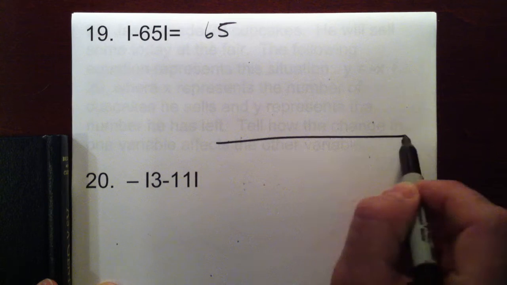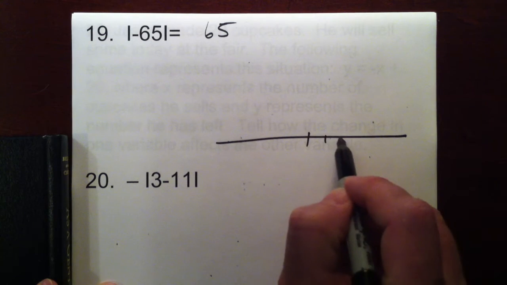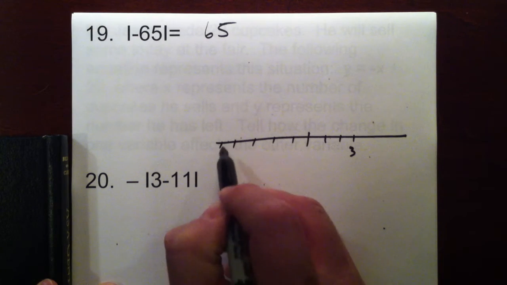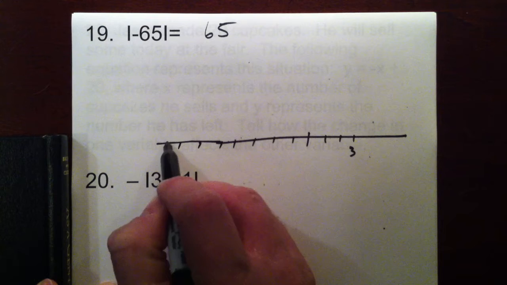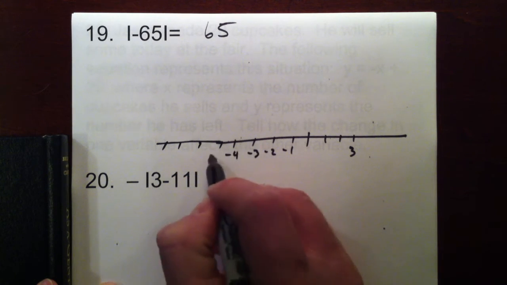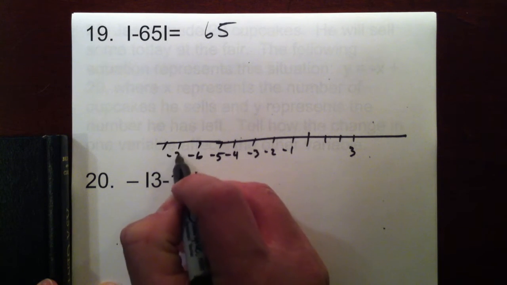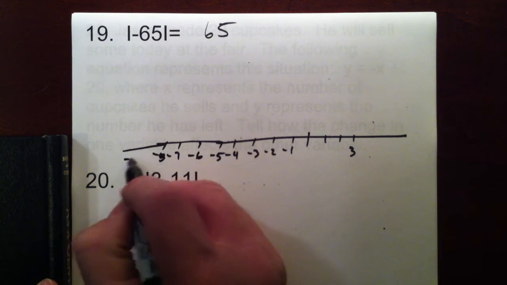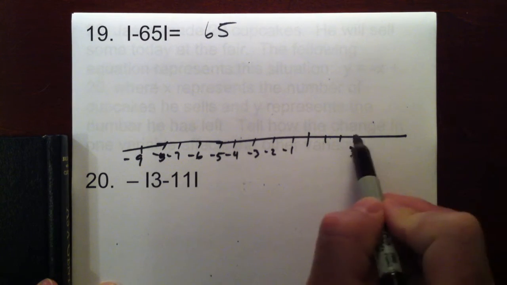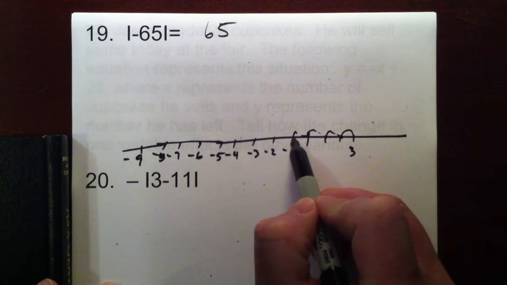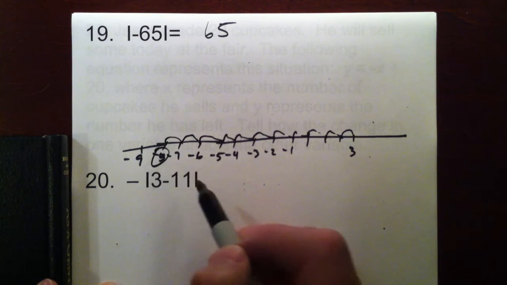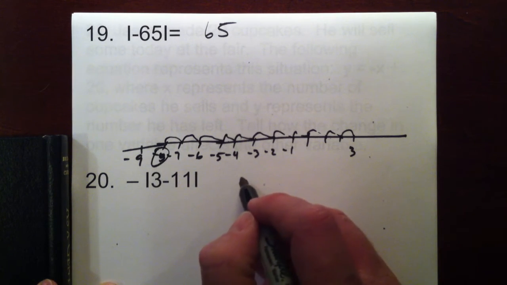If it helps, you can draw yourself out a number line. And move over 11 spots. We're at 3 and we're going to drop 11, so we're going to go 1, 2, 3, 4, 5, 6, 7, 8, 9, 10, 11 to negative 8. So therefore our new